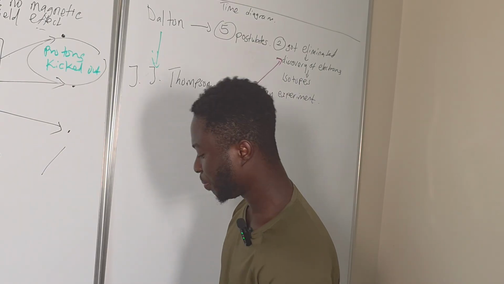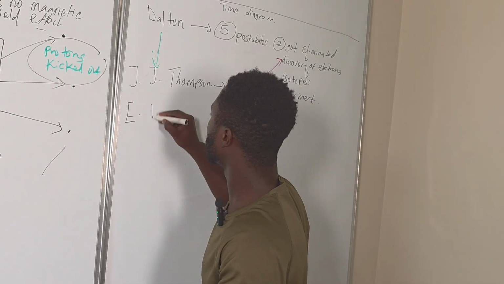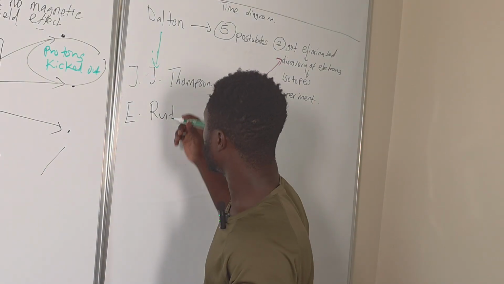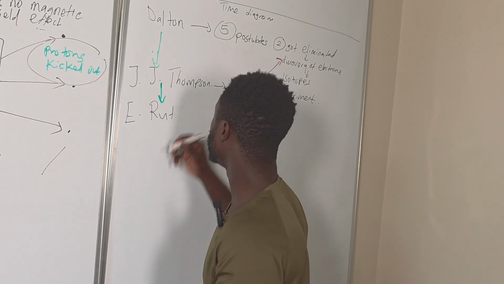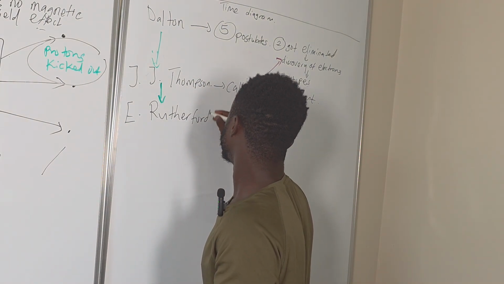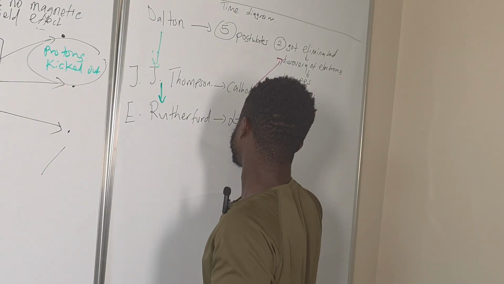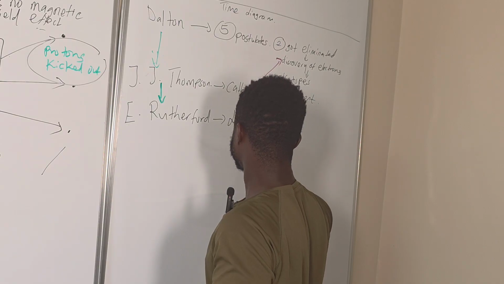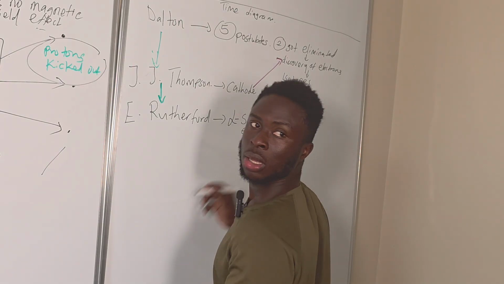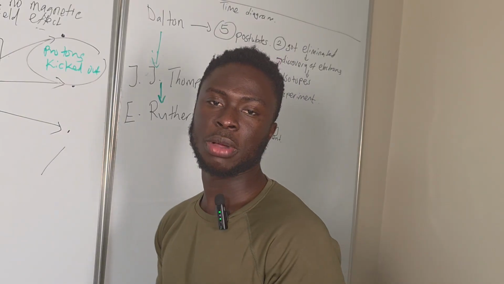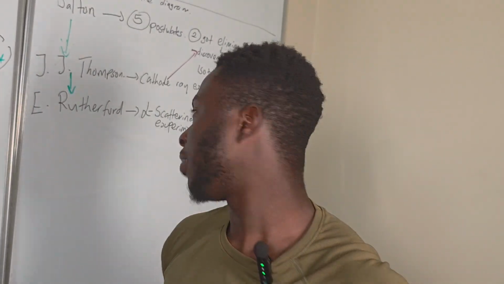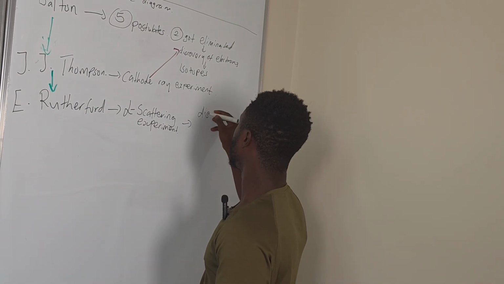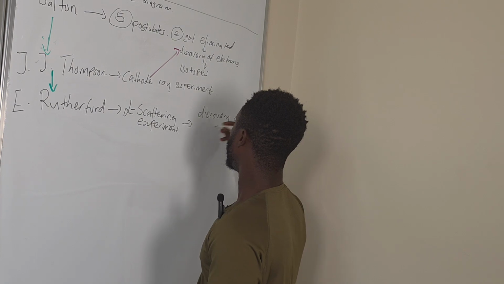After that, Ernest Rutherford. So from J.J. Thomson, we went down to Rutherford. Ernest Rutherford also did what we call the alpha scattering experiment, right? And what did the alpha scattering experiment do? It also led to the discovery of protons,